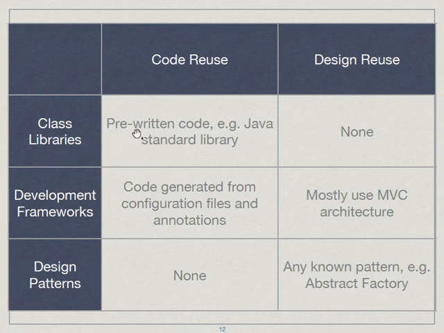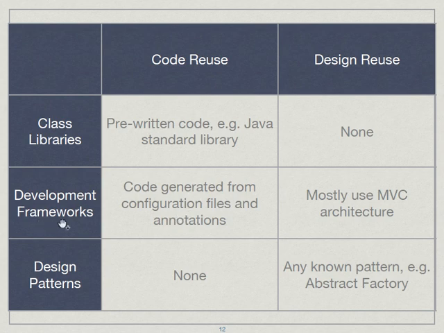A class library is some pre-written code, for example, the Java standard library. For a framework, developers often use the MVC architecture. You will provide some configuration files, some XML files. So it's interesting because